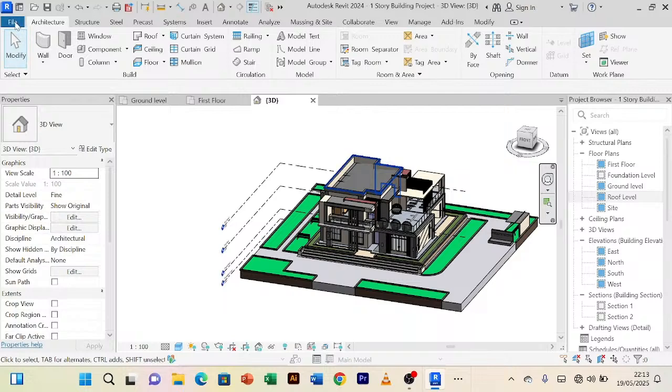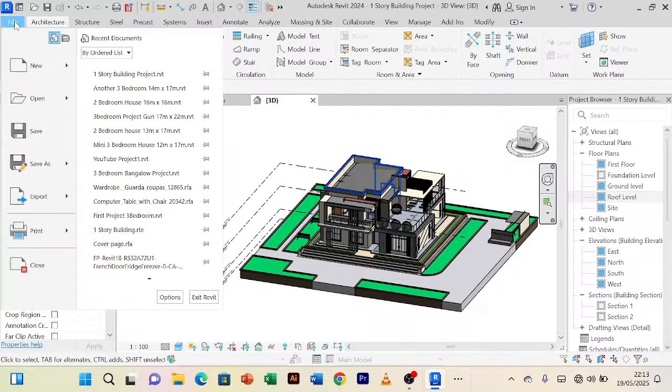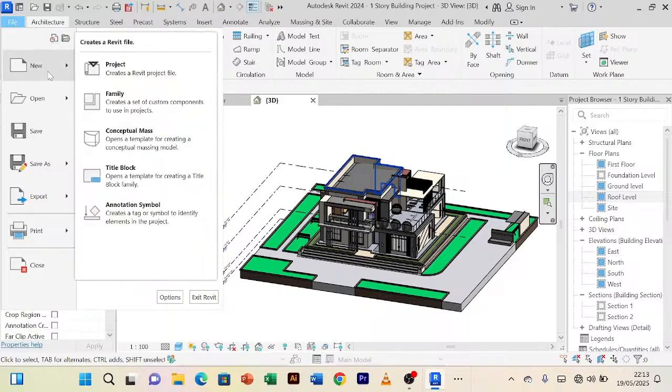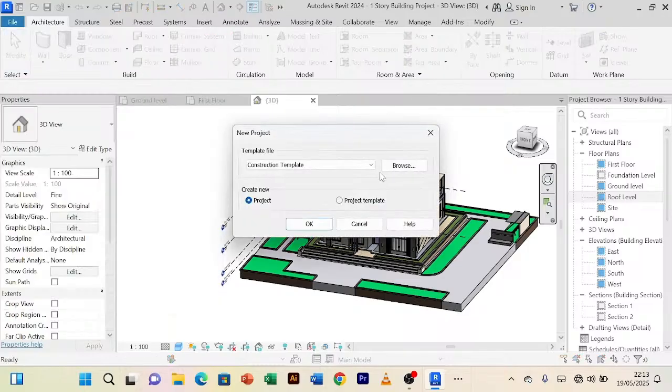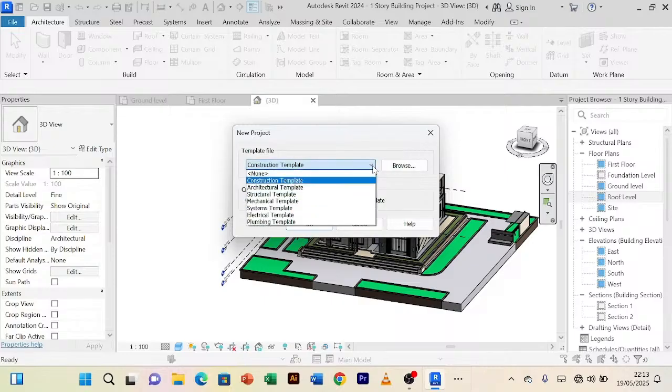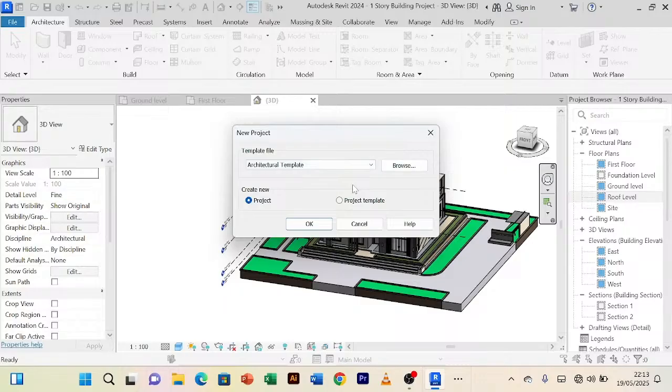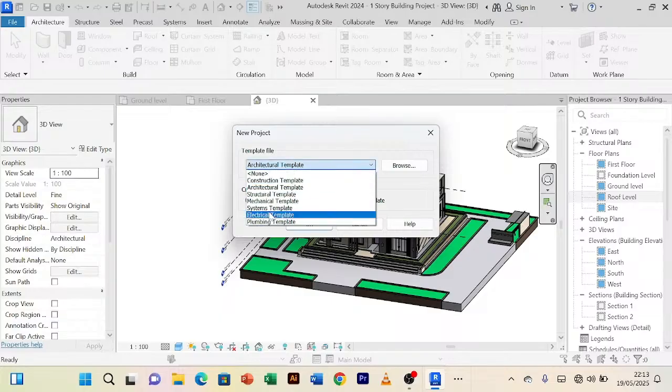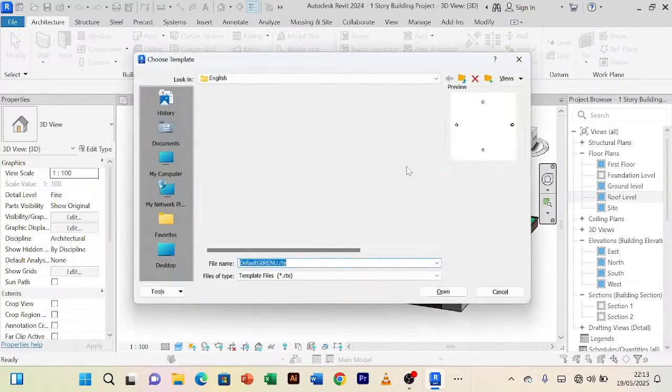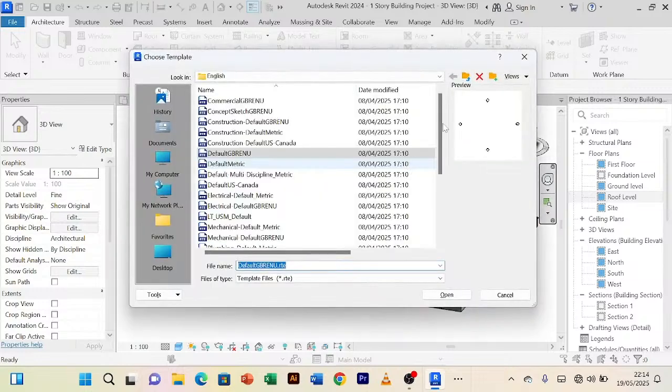So I'll come to file. I'll go to new, then I'll opt for project. Then from this template files, I'll choose the drop down and select architectural template. Then for those who can't see this list, you come to browse, you open the browser. From the browser here, you tap on this preview